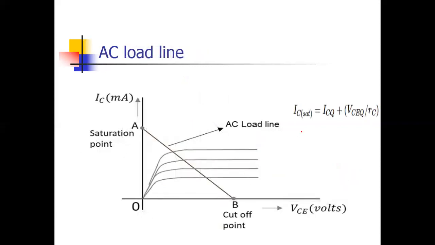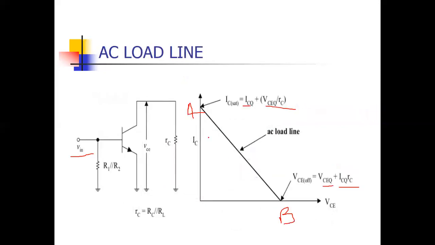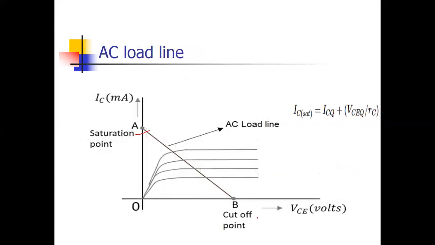So if you compare, this was the same. Remember, whatever points we are joining, these are the points in the saturation and cutoff region. If you remember, the transistor works in three different regions: cutoff, saturation, and linear. Linear we can say is the active region. The transistor behaves like an amplifier only in the active region. In the cutoff region, the transistor behaves like an off switch. In the saturation region, the transistor behaves like an on switch. But in the active or linear region, the transistor behaves like an amplifier.